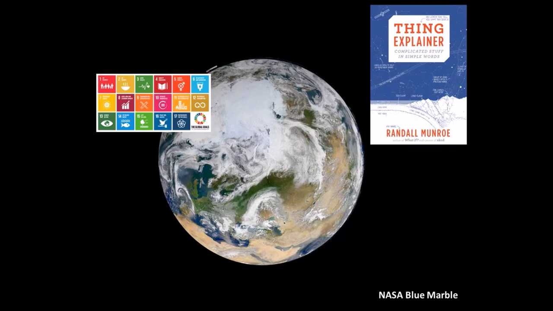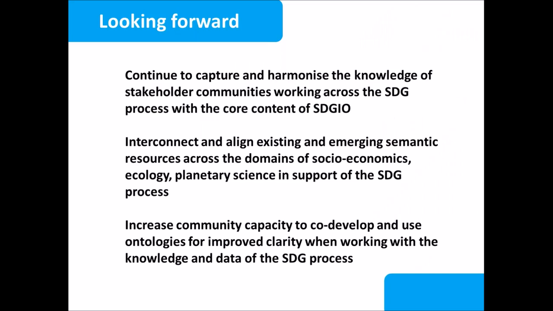Just to close it, this is a conclusion slide that is just sort of saying, well, as we move into this phase where our planetary ecosystem is developing in the age of sustainable development, we do need a thing explainer for the whole process, because it's complicated and it crosses so many boundaries that a little bit of clarity can go a very long way indeed. And what we've seen here is one way to approach that on the semantic side, to actually encode it, to externalize it, and to allow it to persist, perhaps even as a legacy for the next round of development, while being useful to this one.